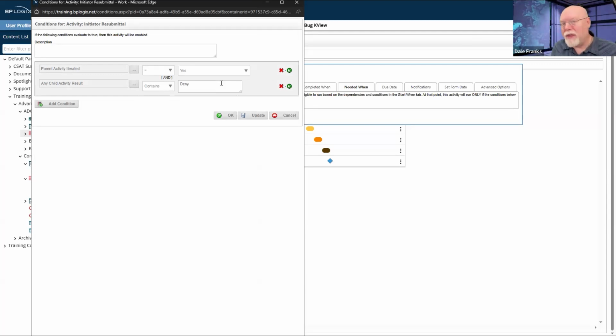If I do it this way, what that allows me to do is to restart the loop elsewhere and skip the initiator resubmittal, but it allows me to restart the approvals because maybe one of the approvers made a mistake and I need to restart the approvals. And so this allows me to specify, I only want you to run this activity if one of my results is deny.